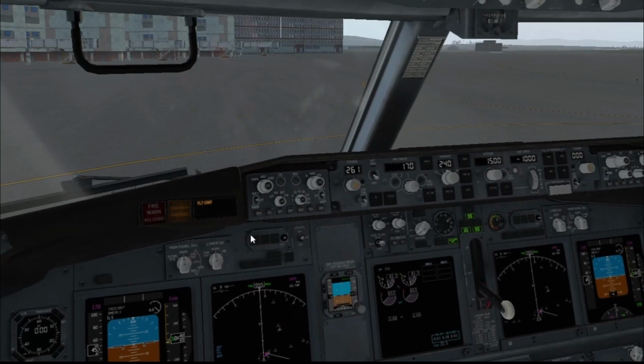And yeah, we are ready to go. Everything is all set. Until we are taxiing,